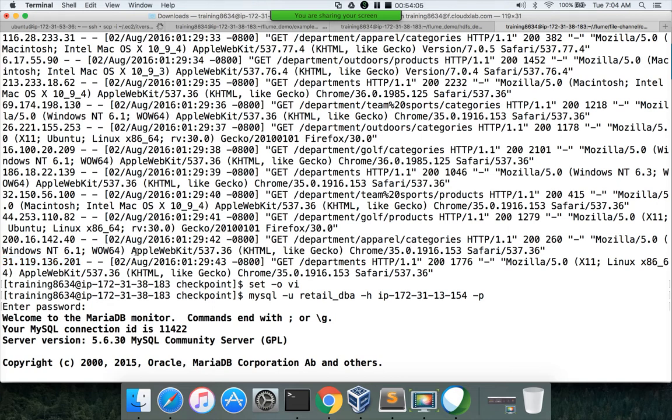I'm not sure about Apple WebKit. It might mean something, so we have to explore what this Apple WebKit is. If you want to see which browsers are actually being used to place the orders, you can parse this string and see whether the transaction is coming from Chrome or Safari or both. So there can be many other things which you can do. First you have to understand the structure of this, and then you have to start processing the data. Okay.